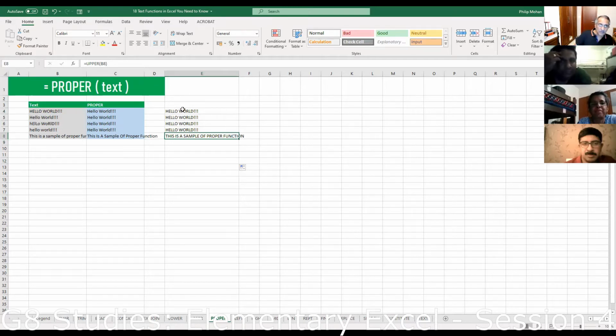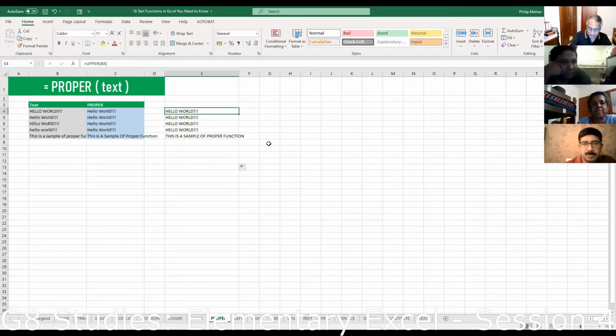Again, as I said, normally if this is what you wanted, you would copy it and paste it here as a value, so that your original column has all capitals, and then you delete the editing column once you're done. But only if you paste values. If you paste formulae, then you'll be in trouble if you delete it. All right, that is upper.